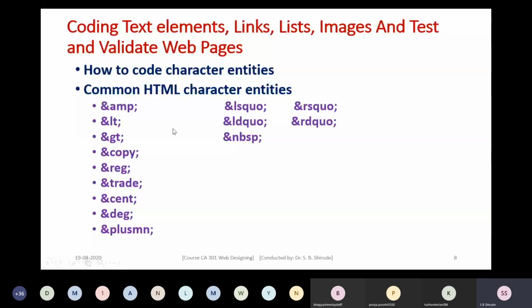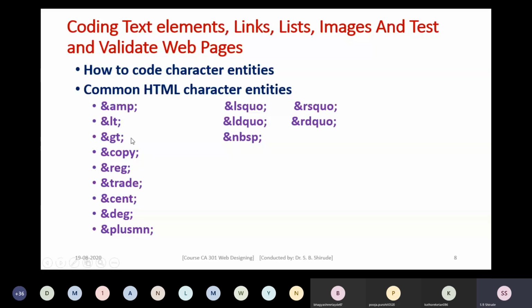Before learning how to code character entities, first of all, understand what character entities are. Character entities are those that we use to put characters that you cannot directly put in the content, such as the ampersand sign.